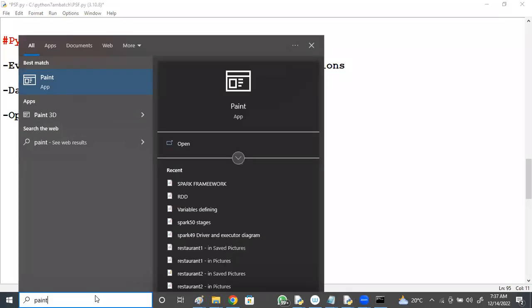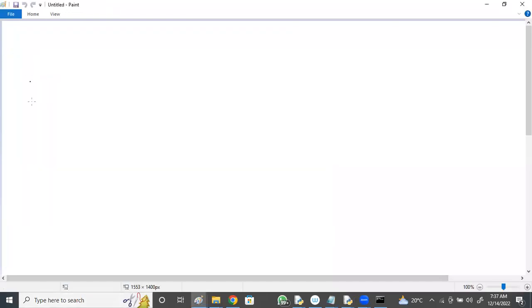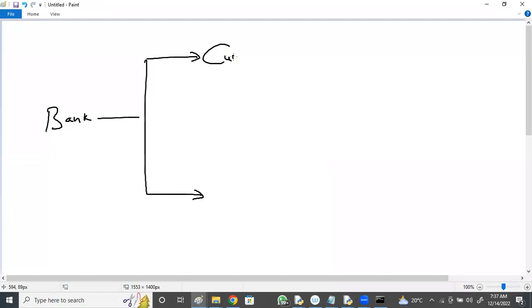any organization, if I take the example of a bank, it consists of customers and employees. What do customers have? Data and operations.